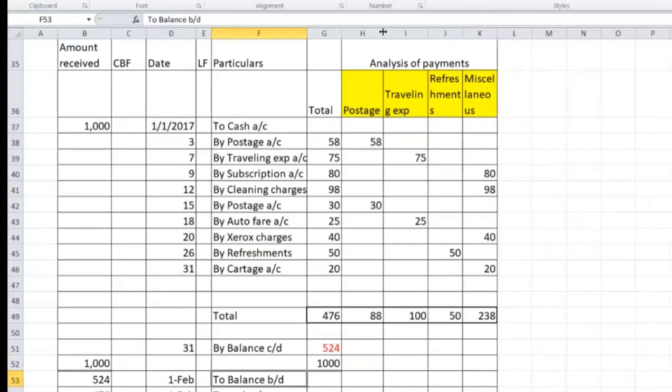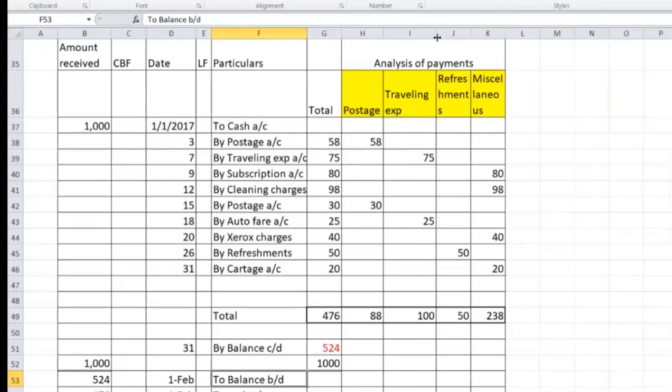Understood? After completion of everything, first do the total of both sides, and then find out the balance. That balance will be shown again on the debit side as balance brought down, and either cash or bank. If it is the imprest system, this transaction will come. If it is not the imprest system, no need to write it down, only the balance you can write down. All of you understood? Please cross check once again, check the solution.